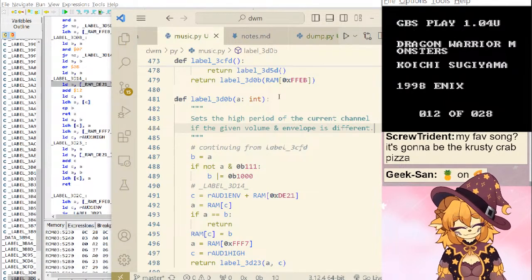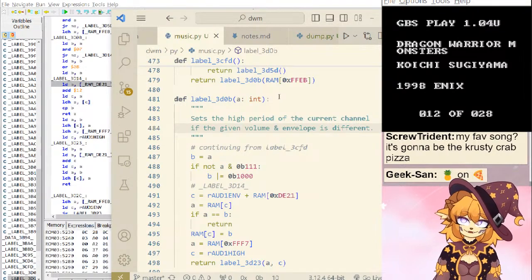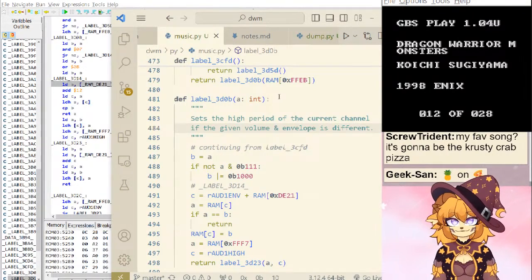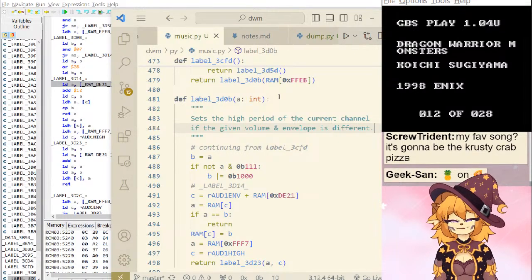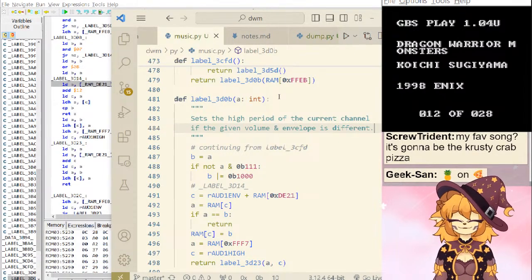Pineapple on pizza. Yep. I will take my pineapple off pizza. Thanks.